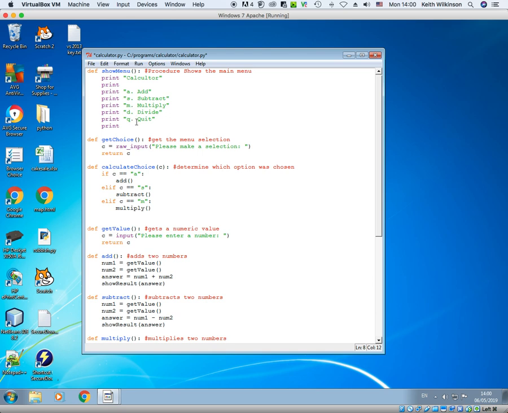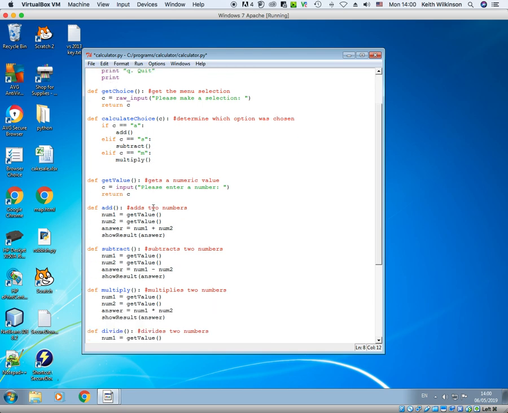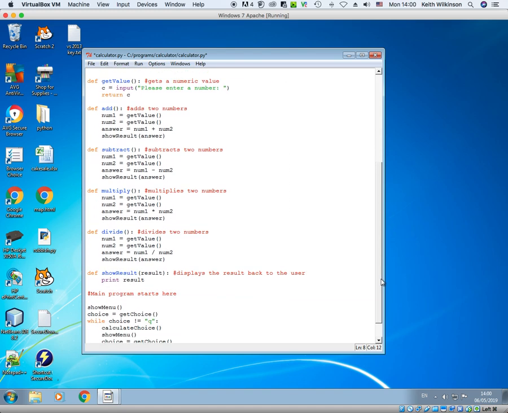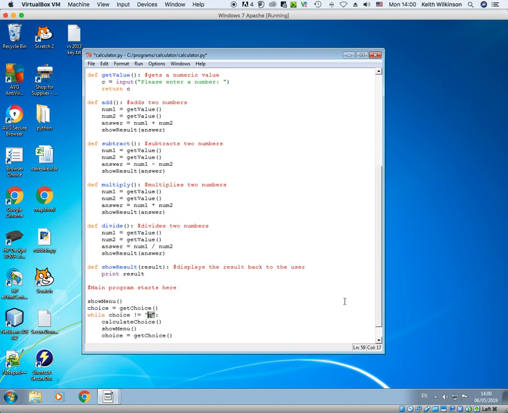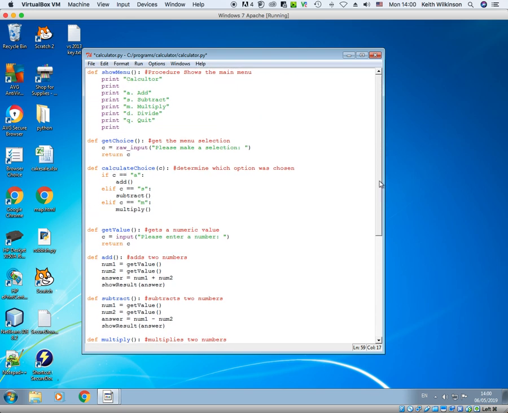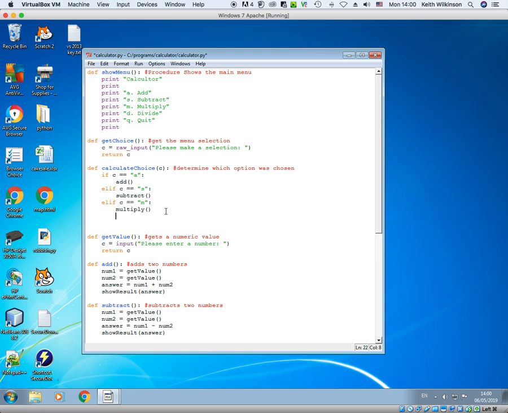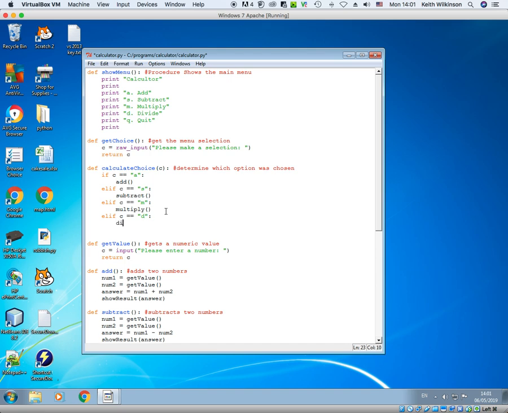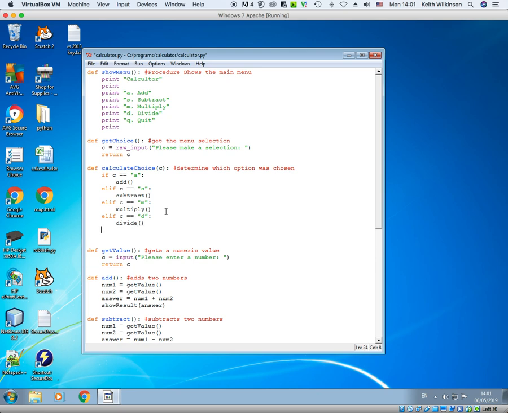The Q is already taken care of in the main program. So if I just scroll down, the Q is already taken care of in the main program. But people might type in B, Z, P, something that we're not catering for. So in that case, I will use an else clause to capture that. So at the moment, I'm still using elif. C is equal to D, then we need to divide, and now the else clause. Else,